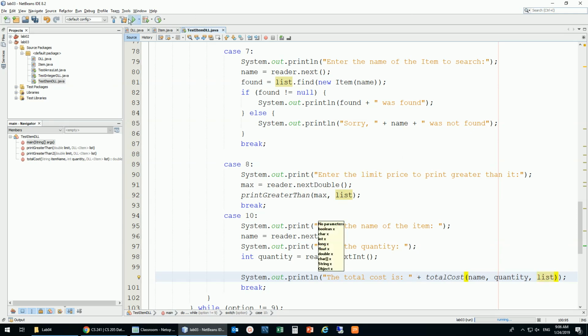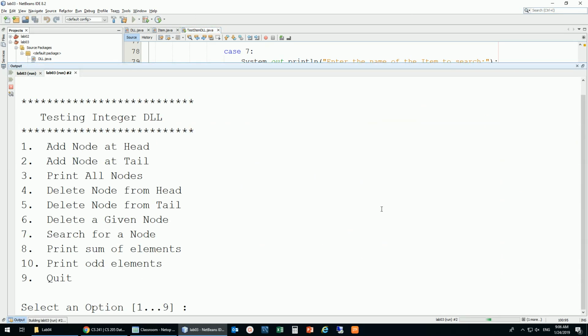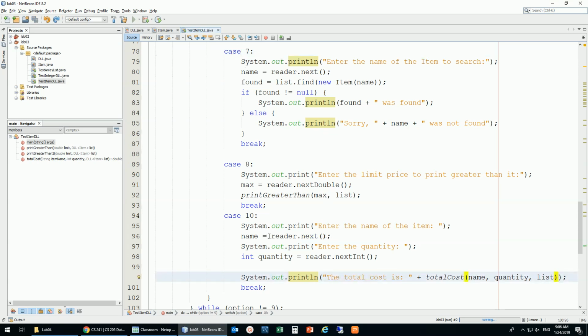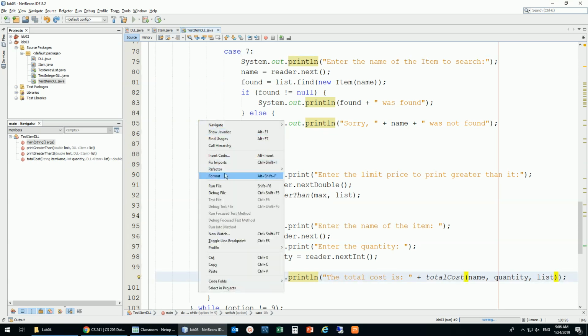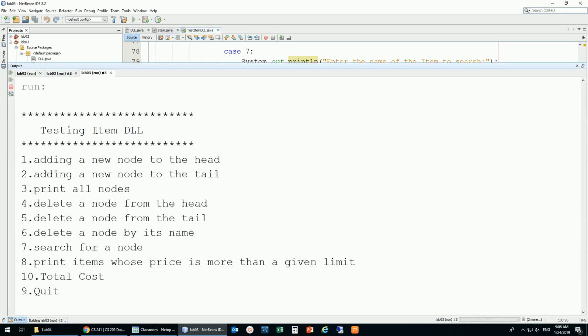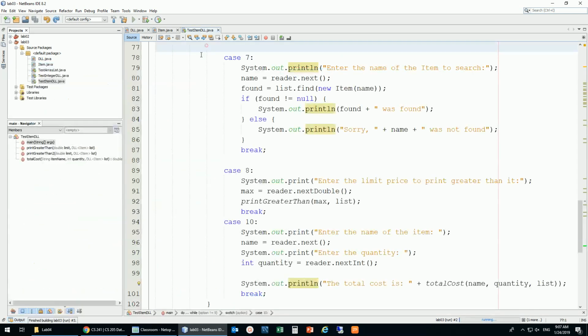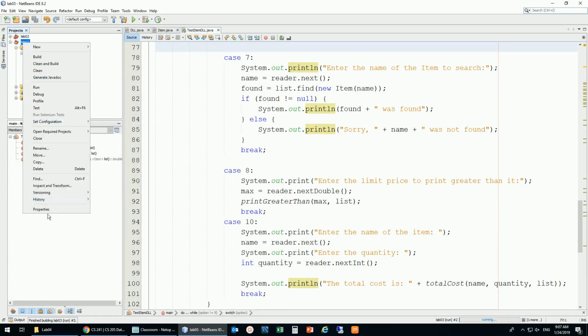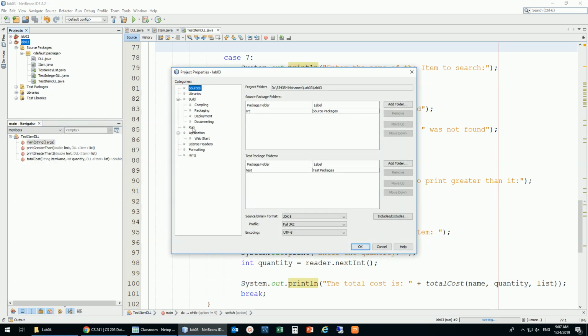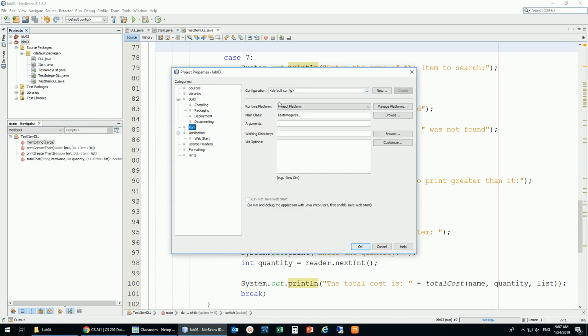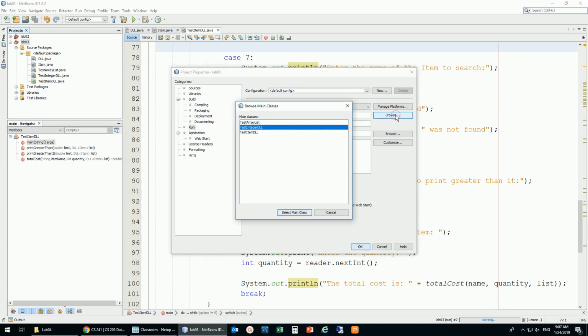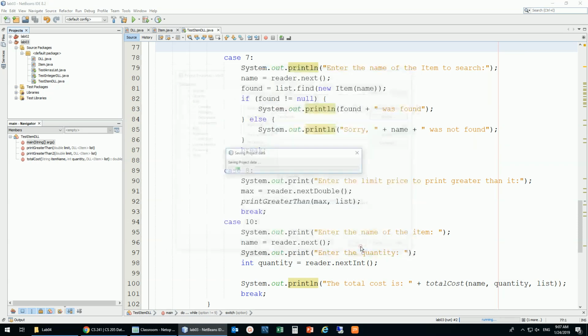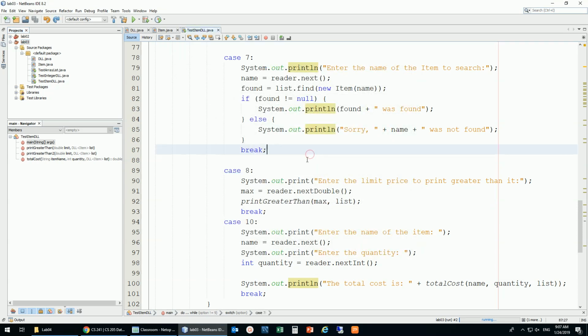And that's it. And let's run that. Notice this is testing integer, because by default this is what is going to be given to me, and that's not what I want. Now if I would like to run this, I can just right click and run the file. It's going to run the testing item. Now if I wanted to make it permanent, I just right click on the project and go to properties. In the run, now it tells me that every time I press on run, it's going to run the test integer DLL. Now I want it to be this, and here it goes. Now if I run,